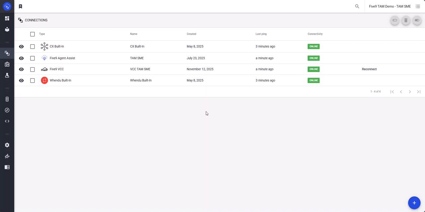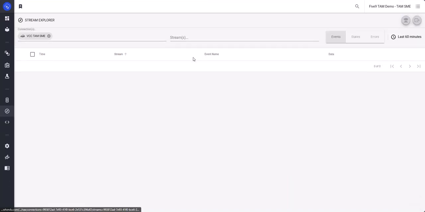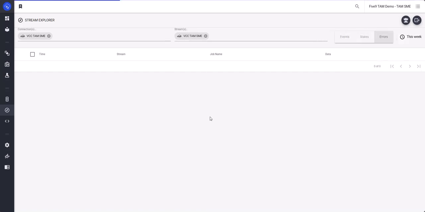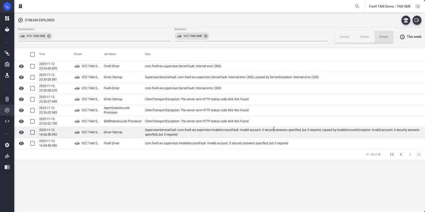So we'll look at this particular one and we'll go into this and I'll go into the root stream. And I know that when I created this, I initially had a problem. And I'm going to go this week. And here you'll see some errors that have occurred. So you can see admin fault, there's an internal error in this one. So I need to look into this and see why that's occurring. And then one of the other ones you'll see here is